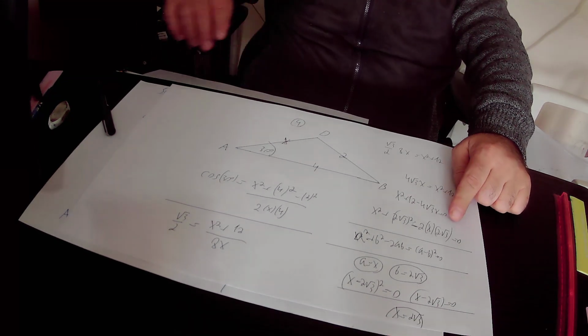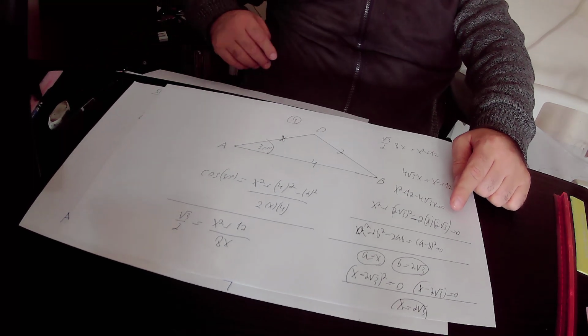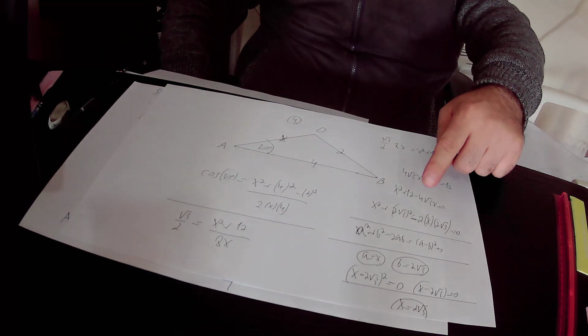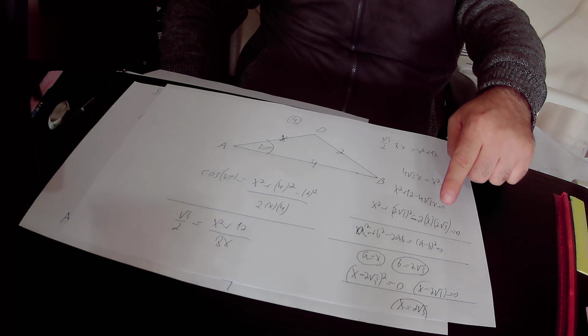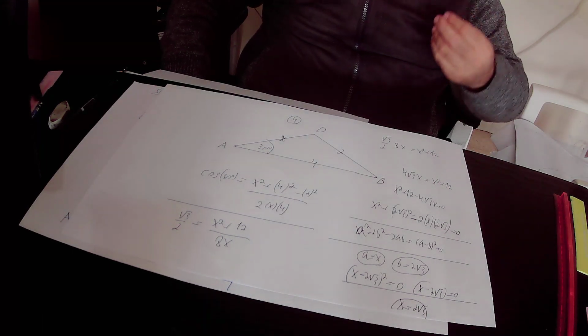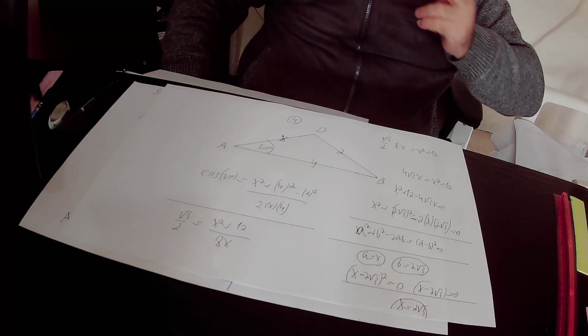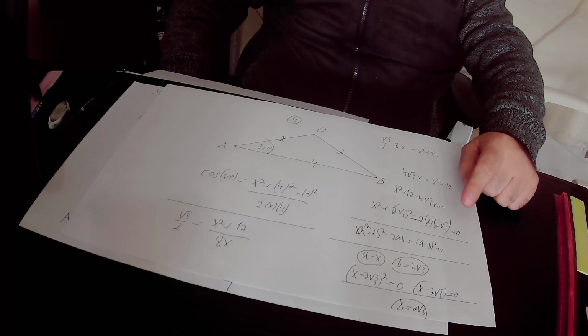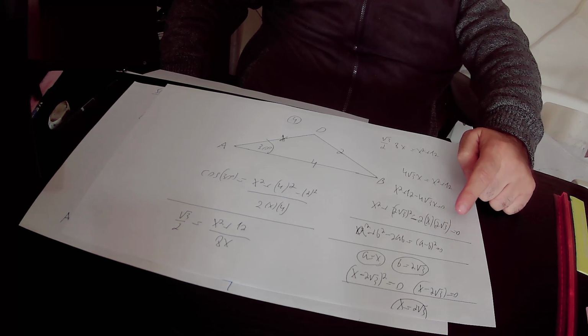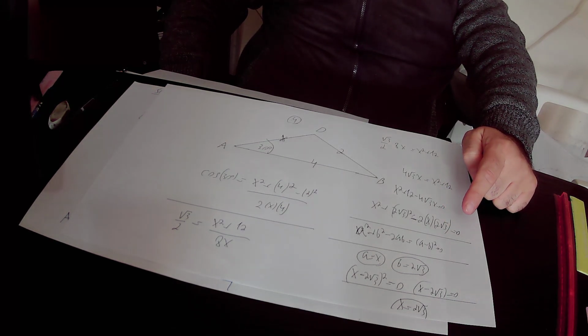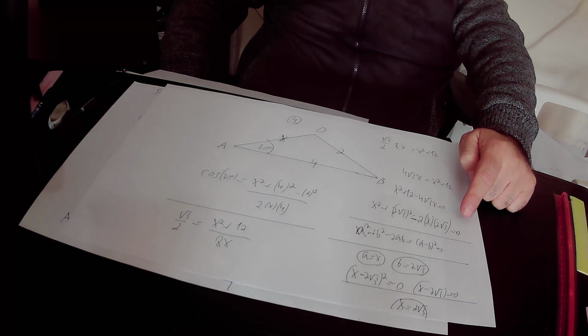This expression is very similar to the algebraic identity that states that a squared plus b squared minus 2ab equals a minus b squared. In our specific expression, a equals x and b equals 2 times square root of 3. So according to this algebraic identity, we can substitute this expression by a minus b squared that equals 0. In our specific expression, a is x and b is 2 times square root of 3. So a minus b squared is actually x minus 2 times square root of 3 squared